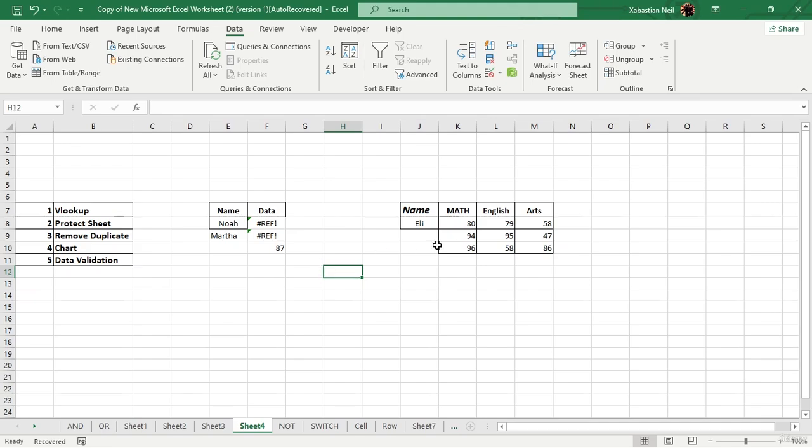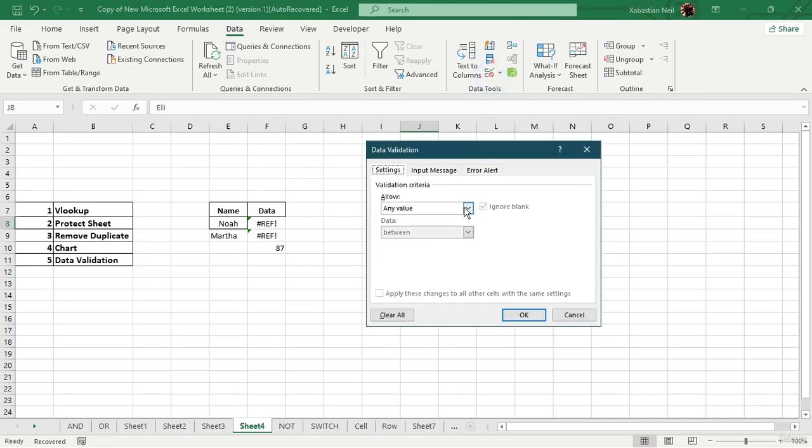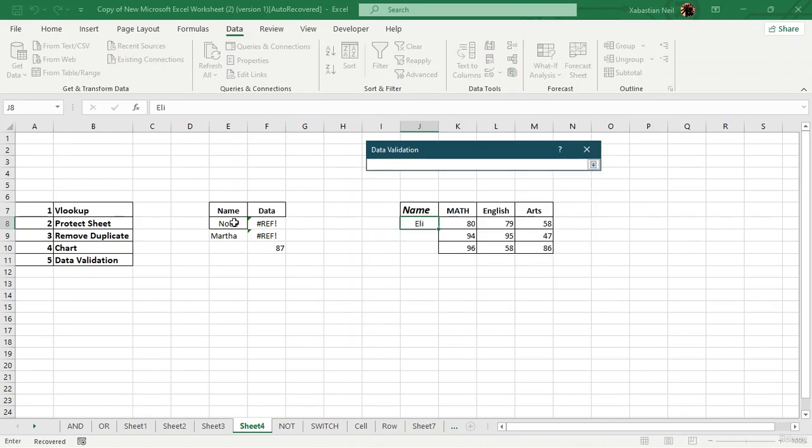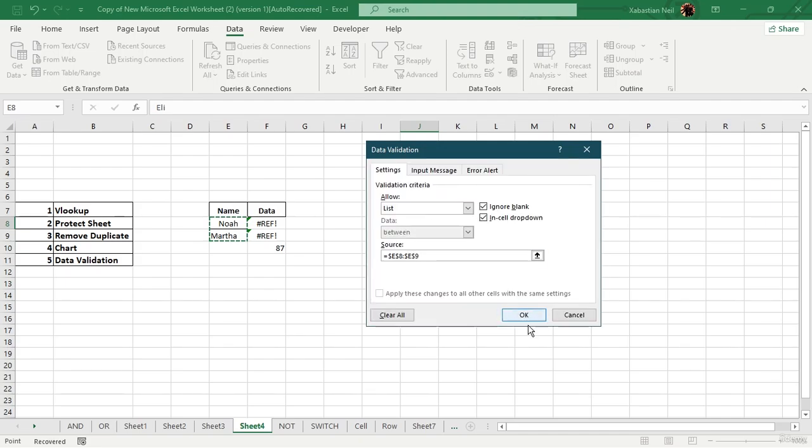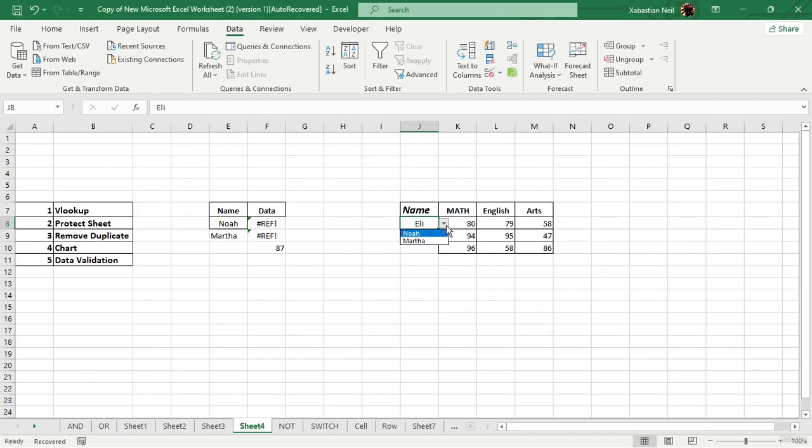So the first thing we're going to do is select it. After selecting it, I'm going to validate the data. For the allowed values, let's say List, and then the source will be from here. Press OK, and I can see that Eli, Noah,